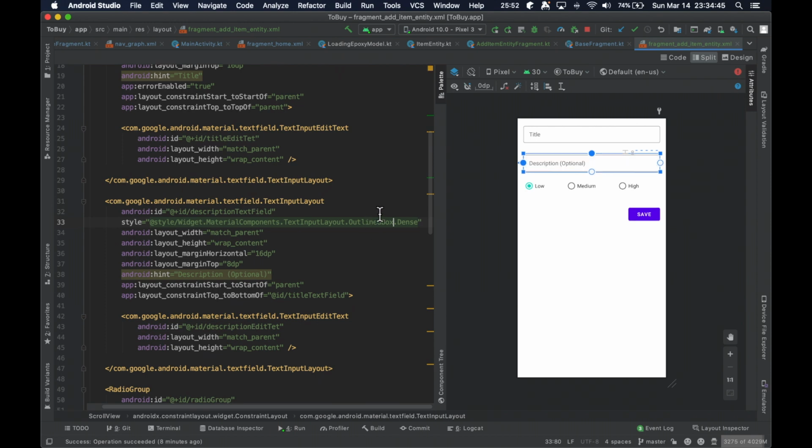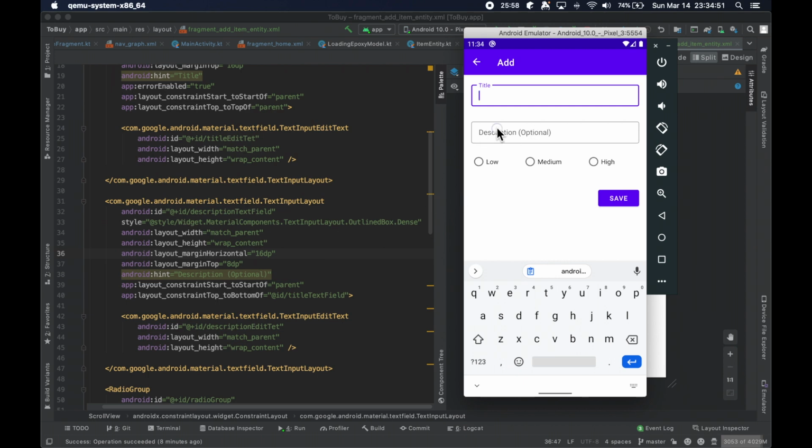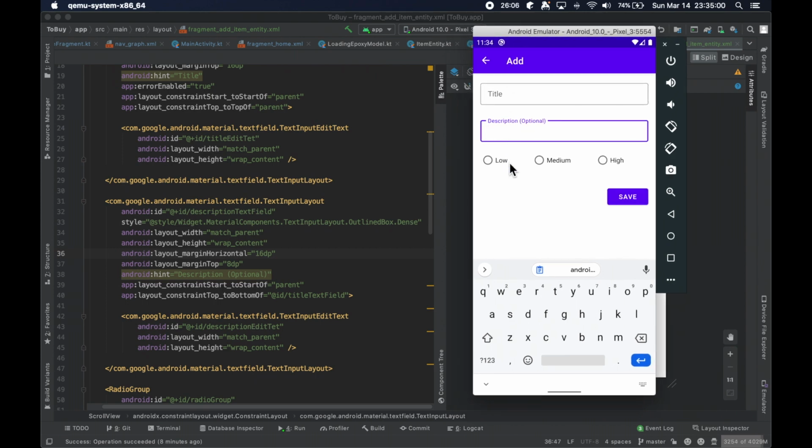I think it just makes it a little cleaner. It doesn't need to be as big as they initially made it, I guess, but you can play with it however you would want. And these basically just work like regular text fields, edit text, so that you can then just intercept the user's input at any time, or listen to when they type into it or something like that, right? So you can type in something here, you could type something here, you could, you know, click that, and then